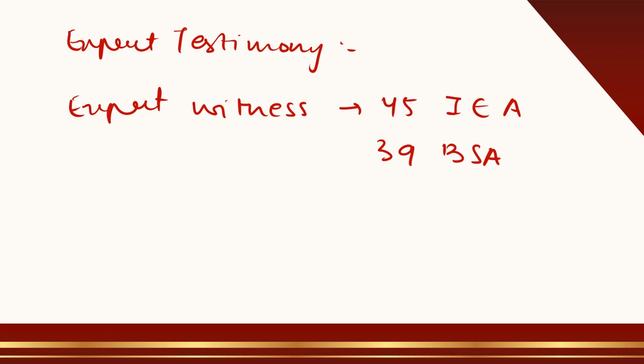If there is a murder case and a blood stain is found on a weapon, a forensic serologist is called to test and explain whether the blood matches the victim. So the forensic serologist becomes the expert here. Now, if there is a cyber crime involving data tampering, the digital forensic analyst will be the expert. The digital forensic expert will examine the devices and explain how the data was stolen or altered. If there is a dispute about a person's handwriting or a signature, the expert would be the handwriting expert who is called in to see if the signature is genuine or forged.